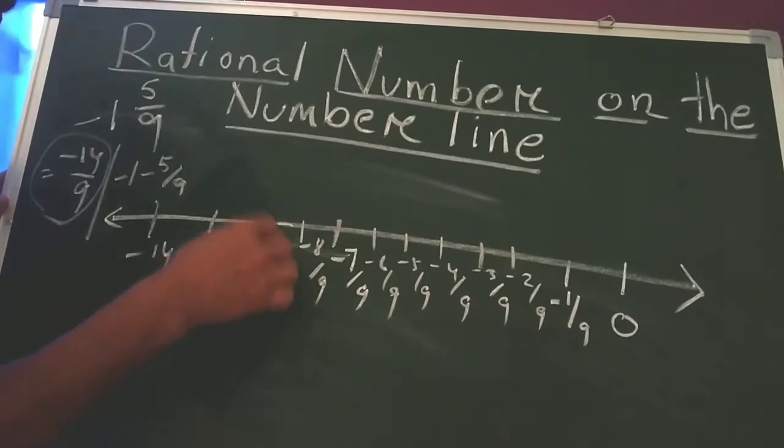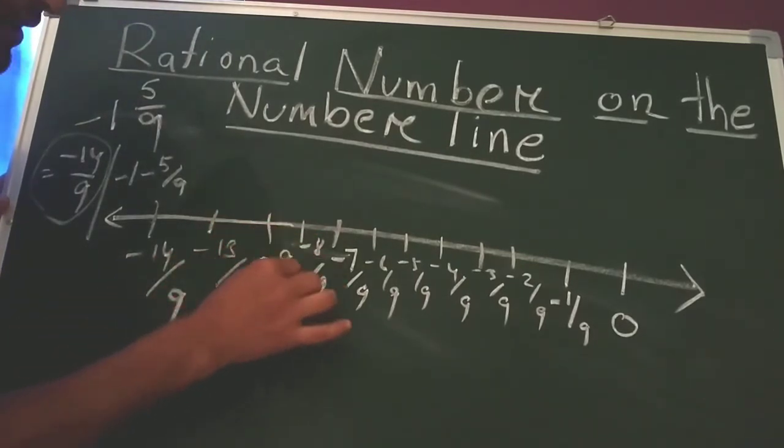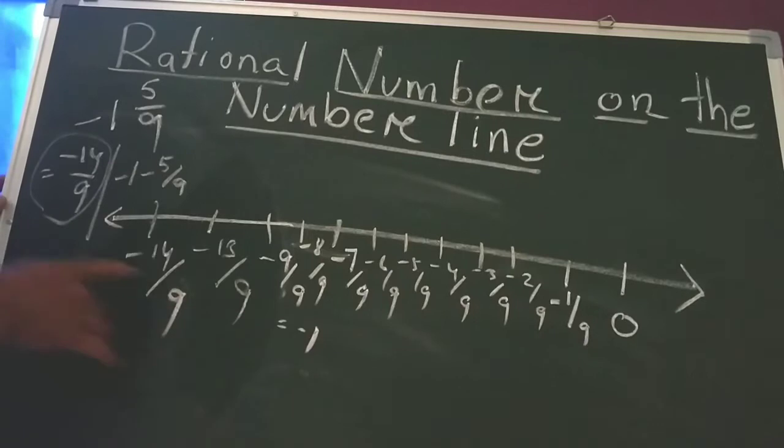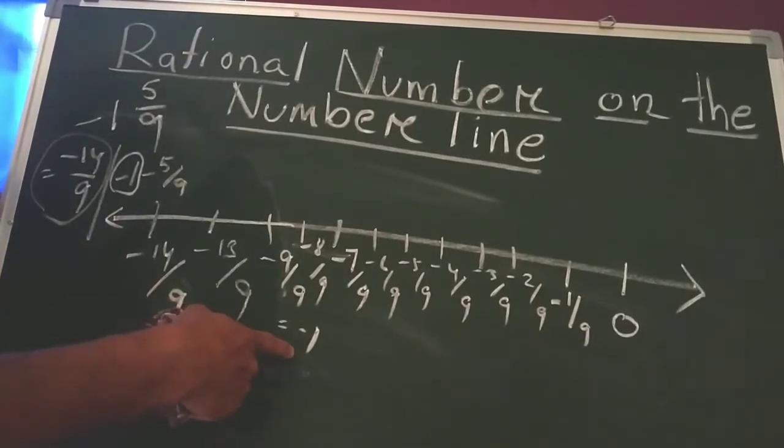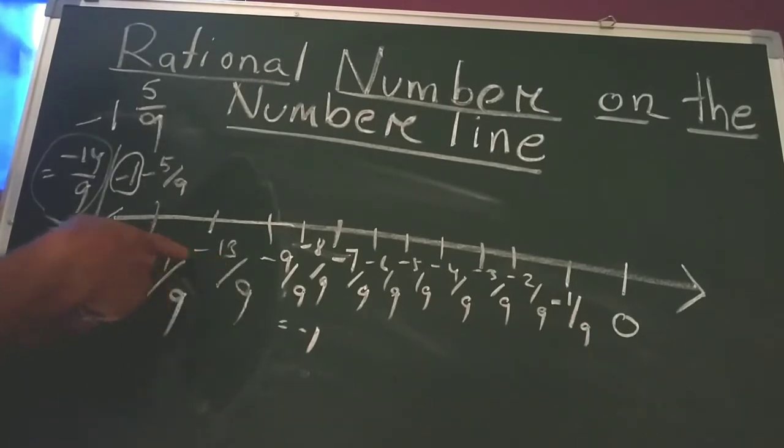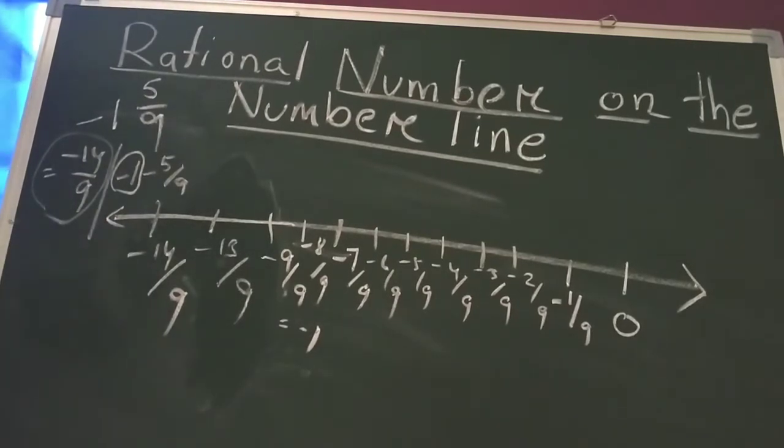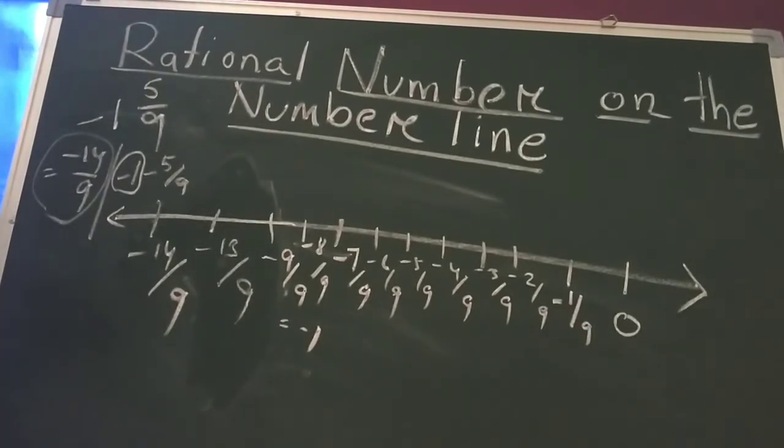Now see, minus 8 by 9 means minus 9 by 9, which is equal to minus 1. See, minus 1 we are getting. If you got minus 9 by 9, that is minus 1, then again, 9 parts of the next 2. So they will get 1 by 9, 2 by 9, 3 by 9, 4 by 9, 5 by 9. Similarly, you will get minus 5 by 9. I hope you understood this one, student.